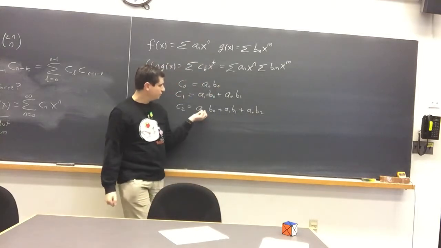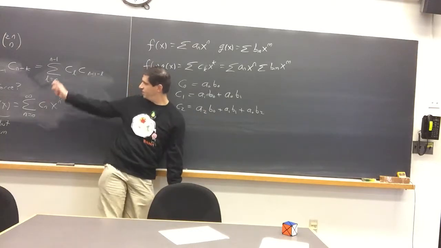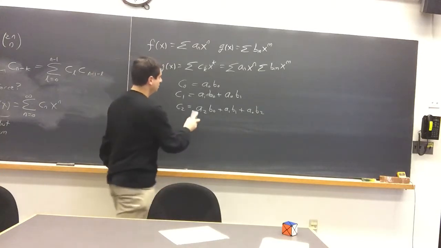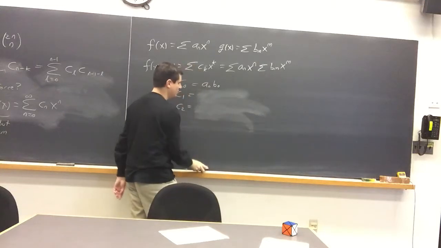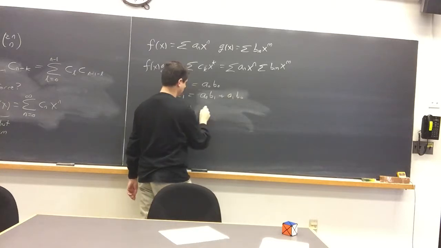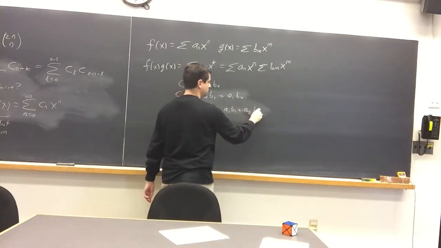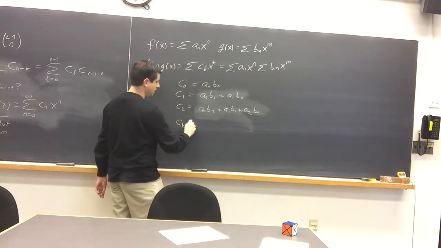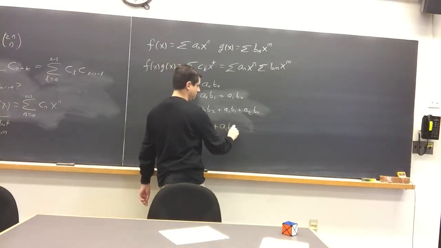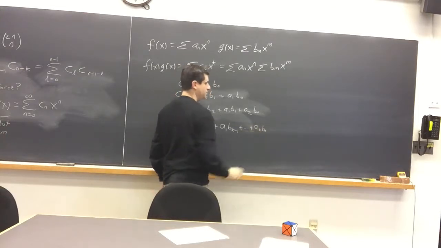And the question is, do I want to start off with the index here large or small? Given that I'm writing it small then large, I probably want to do it the other way. It doesn't really matter, but we haven't written too much yet, so we can fix this without too much trouble. a0, b1 plus a1, b0. a0, b2 plus a1, b1 plus a2, b0. And in general, ck would be a0, bk plus a1, bk minus 1, all the way down to ak, b0.